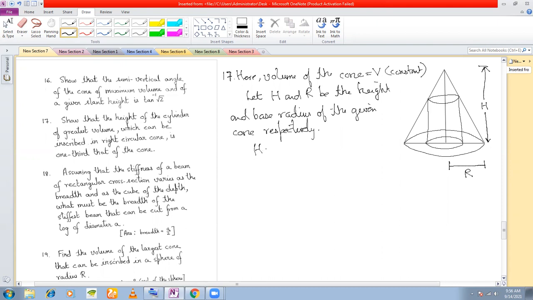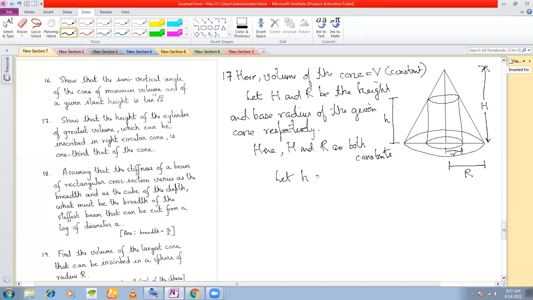So here H and R are both constant. Now you want to cut out a cylinder from this cone. So if I assume the base radius of this cylinder to be small r and the height of this cylinder to be small h,